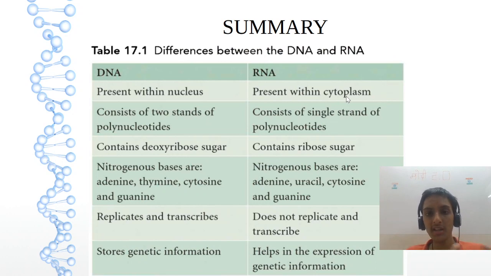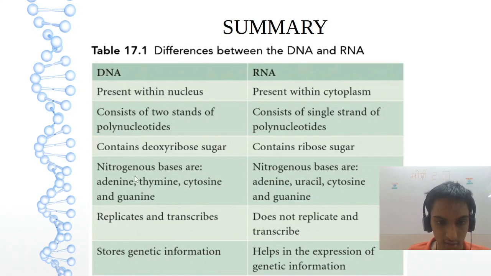Now, in short, what are the differences between the DNA and RNA? DNA is in the nucleus, RNA in the cytoplasm. DNA, I told you, polydeoxyribonucleotides. For RNA, remove the deoxy word. And number of strands, DNA is double. You are seeing here the decoration of this slide. Here double strand is there. Okay, this is actually DNA here. RNA single strand, I already told you.